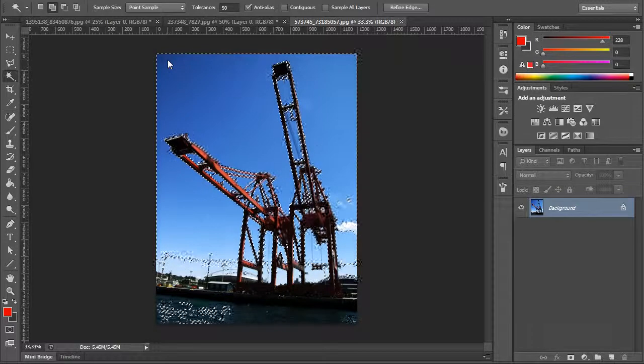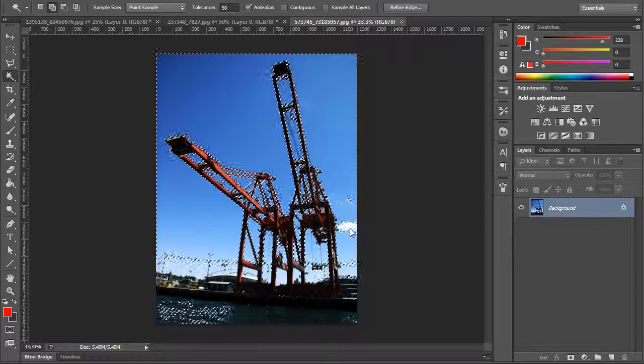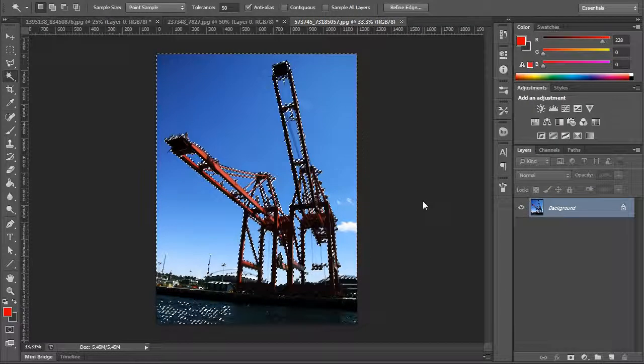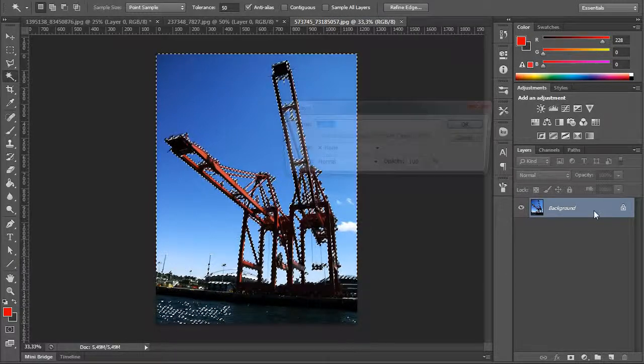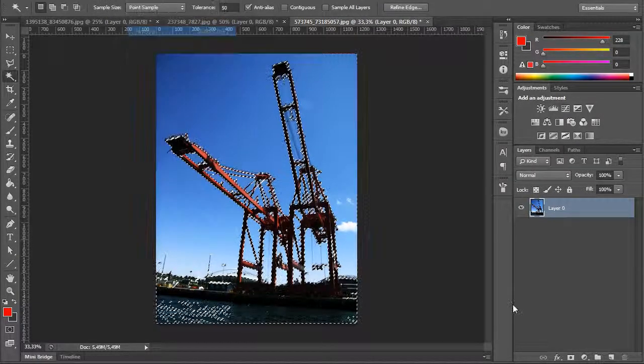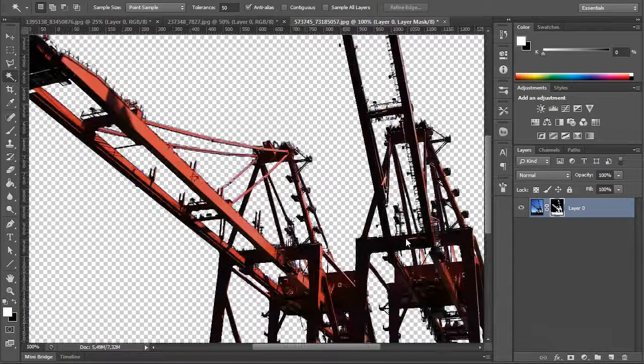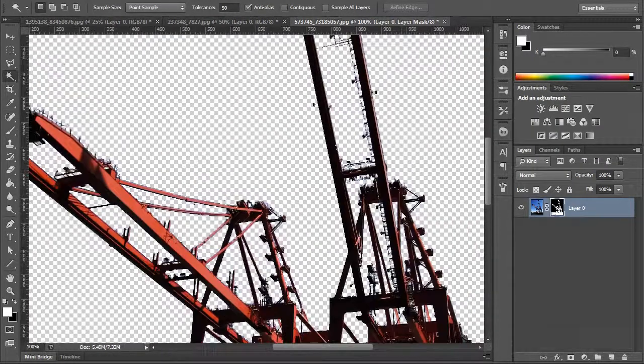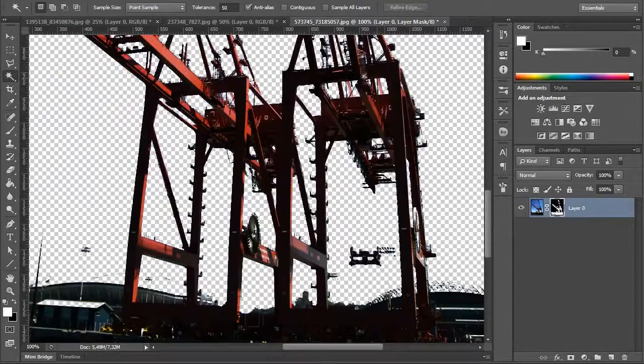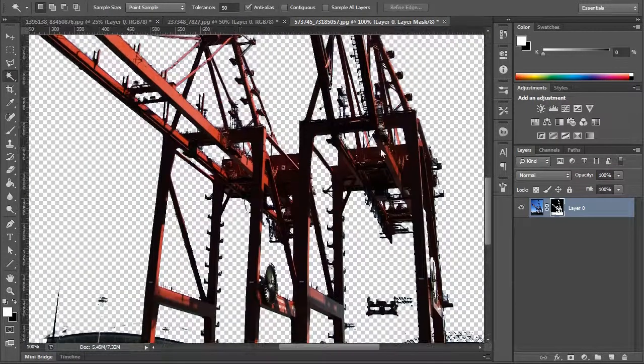Zoom out to see better. Shift click again and again and once more and once more. Okay, seems okay. Let's invert the selection, click on the mask tool and take a closer look. Everything seems to be okay,